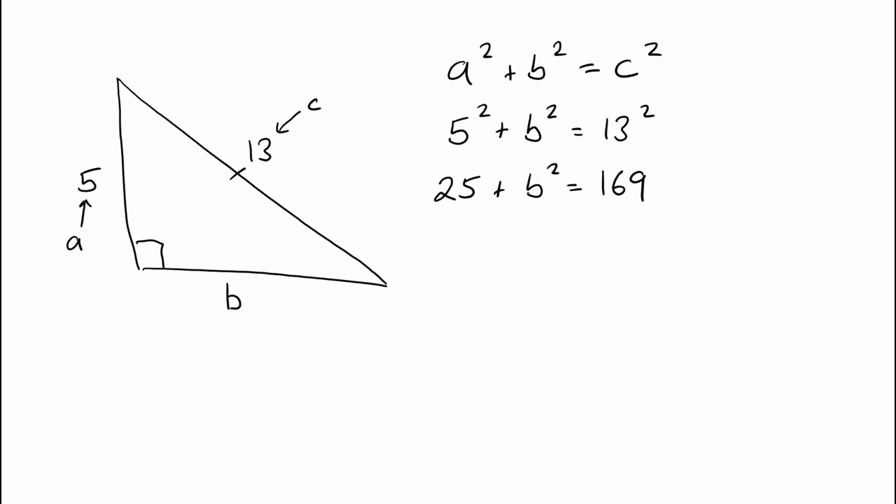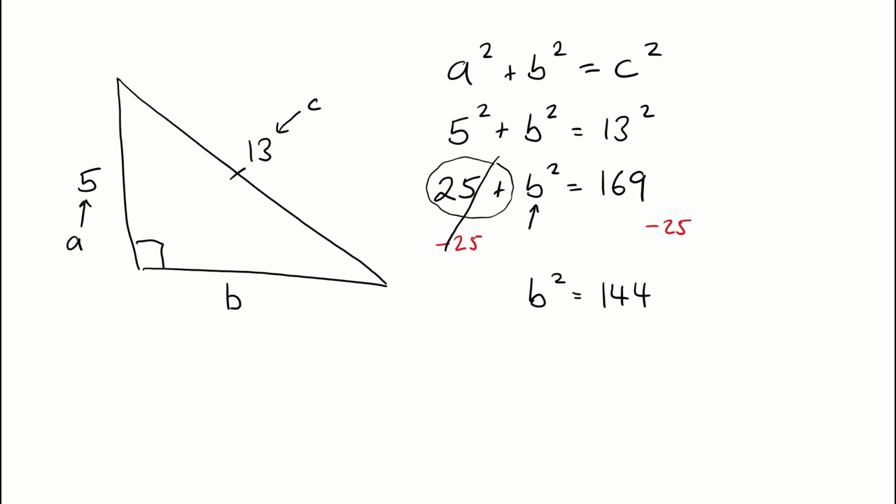What's with my B squared that I don't like? Well, I've got this plus 25 here. So if I want to get rid of a plus 25, I can do a minus 25. So I want minus 25 from this side and minus 25 from this side. So these cancel out and I'm just left with B squared. And 169 minus 25 would give me